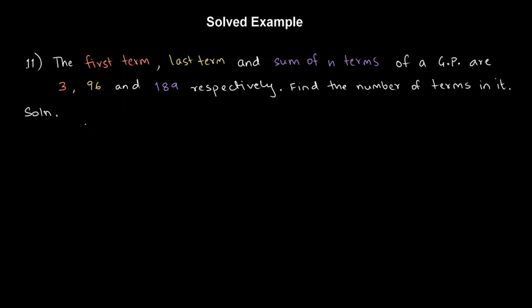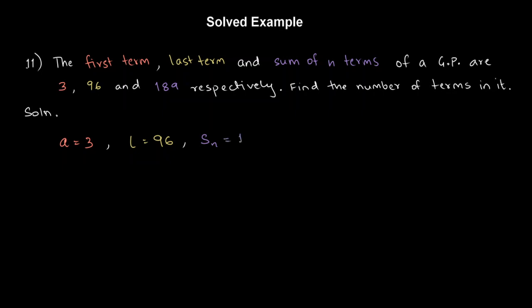So the first term is given to us, that is basically the value of a, which is given to us as 3. The last term is given to us, so let's use a variable L for that. The last term L, we've given that as 96, and they've told us that the sum of n terms is 189. So they have given us a value of the sum of n terms. So I can say sum of n terms, S of n, is equal to